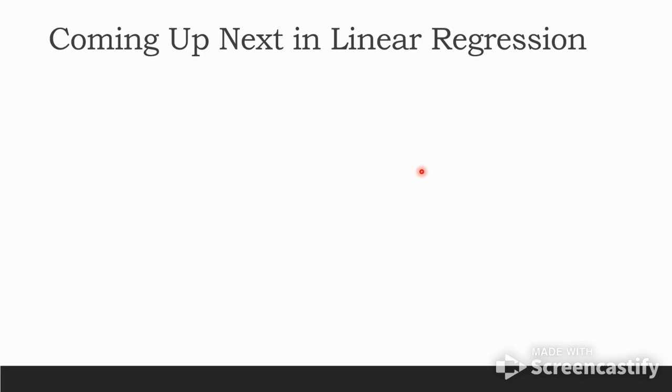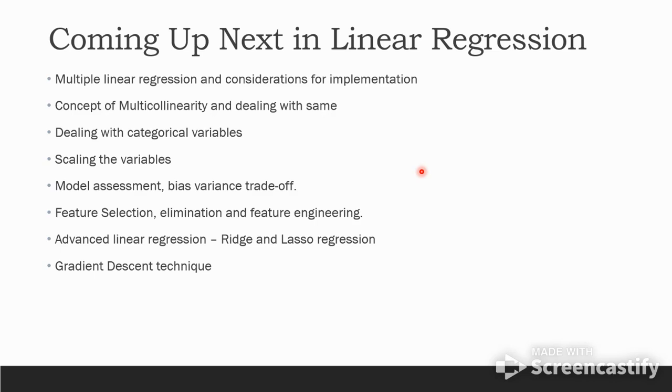So this was a very basic explanation of simple linear regression. Upcoming presentations will cover it in more detail, and these are the things that will be covered. In real life, there is a huge number of variables we have to work with, which comes under multiple linear regression. And just like we had assumptions for simple linear regression to work, we will have some considerations for the implementation of multiple linear regression. The concept of multicollinearity will be introduced. Then how to deal with category